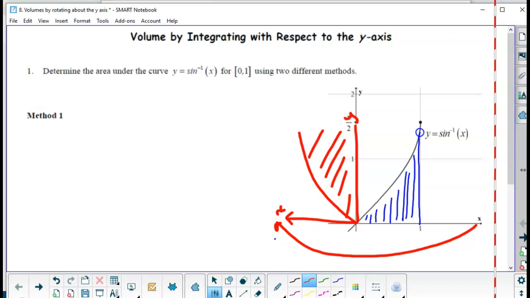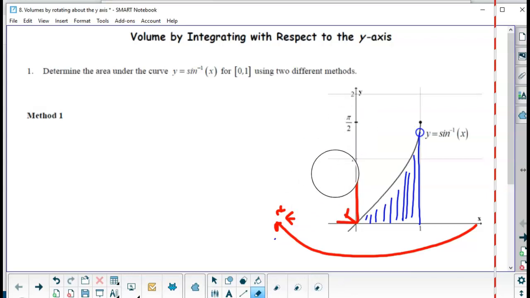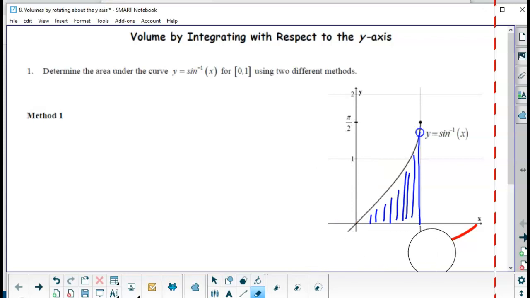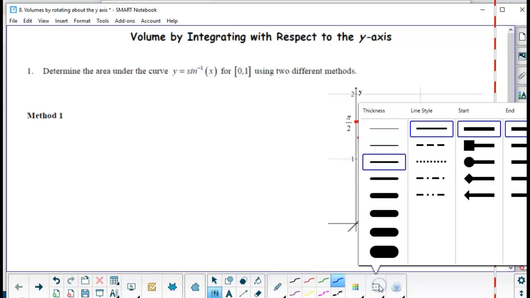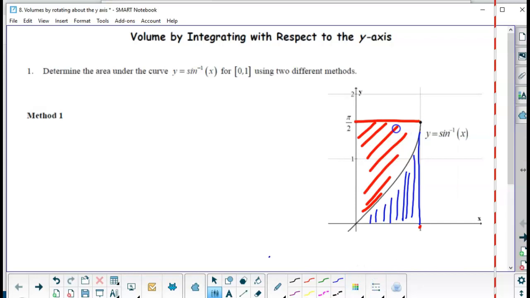Okay, so kind of hard to explain when I can't use my hands to show it. But with respect to y would mean find this area and then subtract from the area of the rectangle. Okay, so that's what we're going to do first. This is a little bit easier integration. So if we were to show this, as I said, with respect to, so here we've got y equals sine inverse of x. So if we